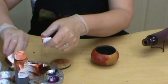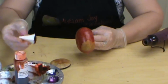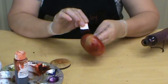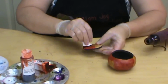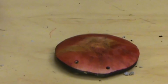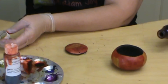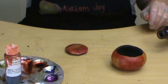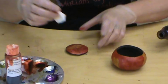It seems like you're using a lot, but you're actually only pouring drops out when you're using the color, so don't quite worry about that. It's not as much as you think it is. So now I'm going to come back and put a darker color onto these. A brown, and I'm just putting a little bit of it in